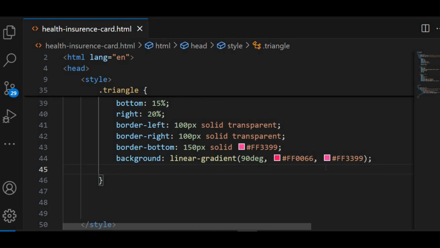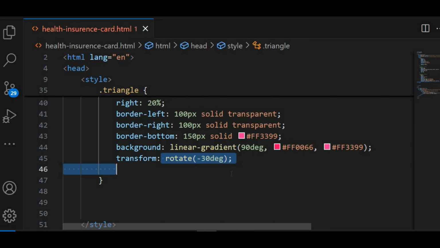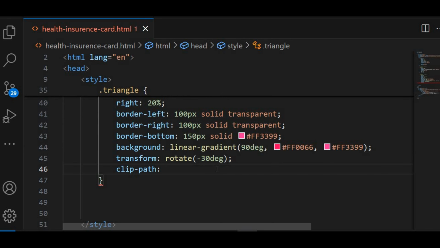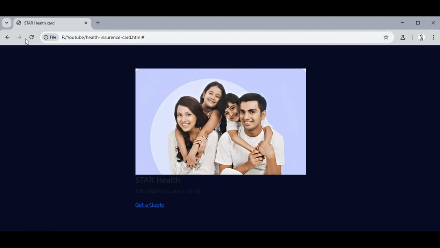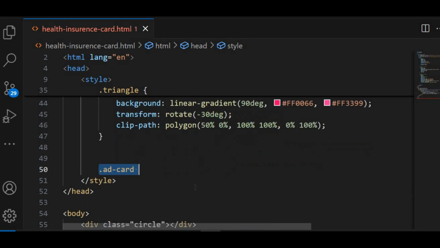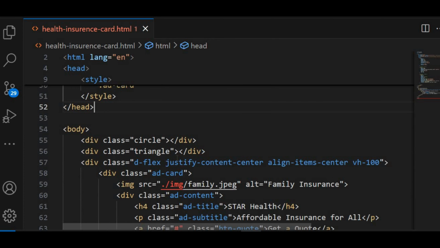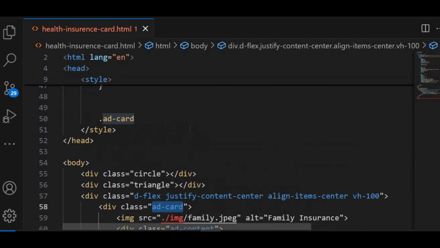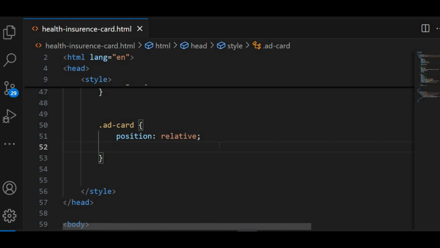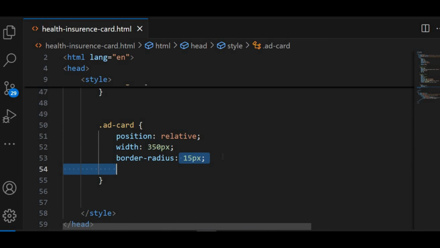Again border linear gradient I am taking, and the transform should rotate 30 degrees, and the clip-path I am adding. Now when you refresh the page you could see these two things. Let me add some styles again. For the ad-card, for this I am giving styles. So this position should be relative, and width 350 pixels, and border radius 15 pixels,